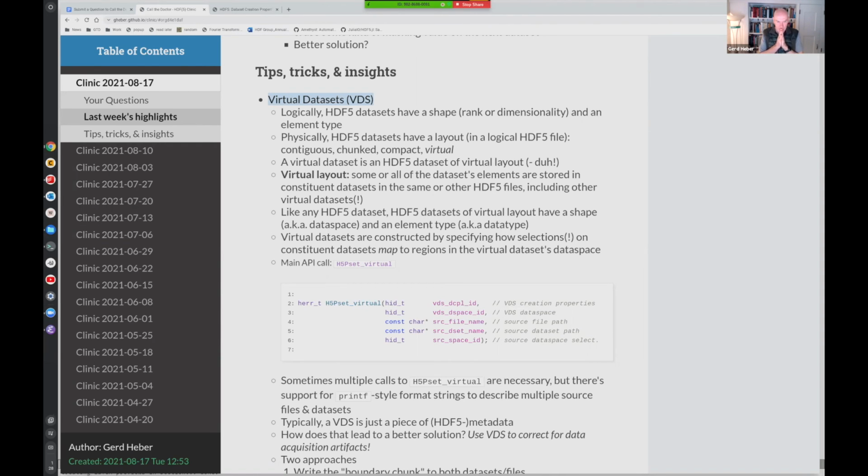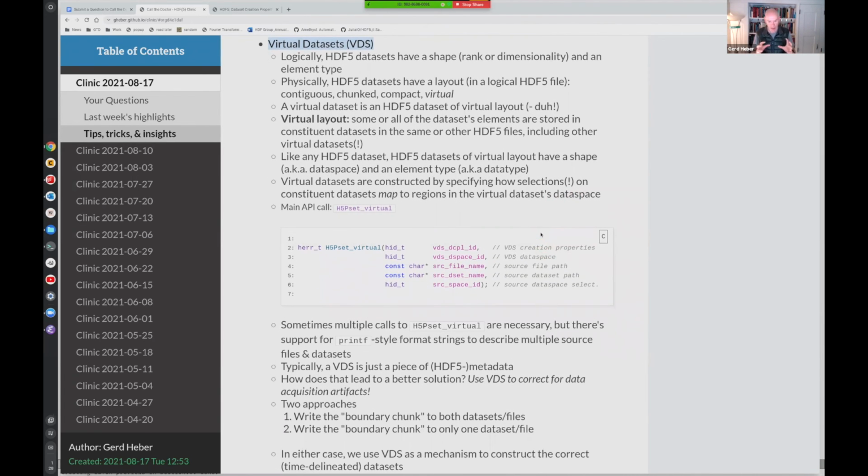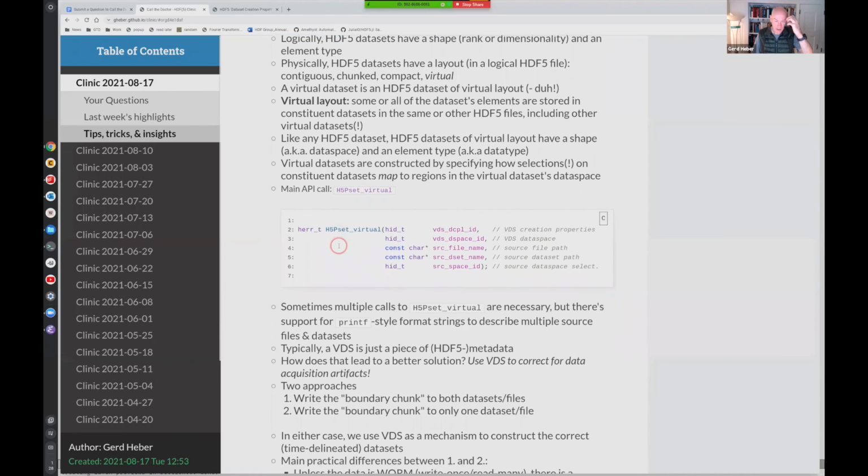Now, how do you construct these virtual data sets? Well, basically, you have to describe how the elements from these constituent data sets map into slots of that virtual data set that you are constructing. There is one function in the HDF5 C API that makes that happen.